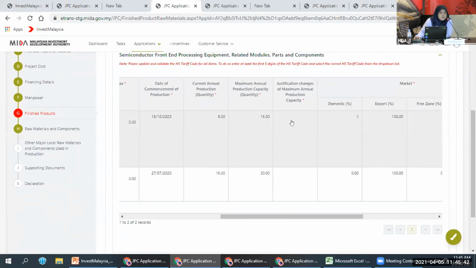You are only required to fill in this information if, when you key in the extension application, there are changes to your maximum production capacity. If there are changes, the system will automatically require you to provide justification on the changes. If there's no change, there is no need to fill in the justification. So this is only required if you have changes in the max cap.